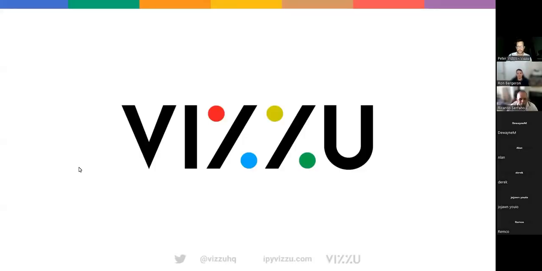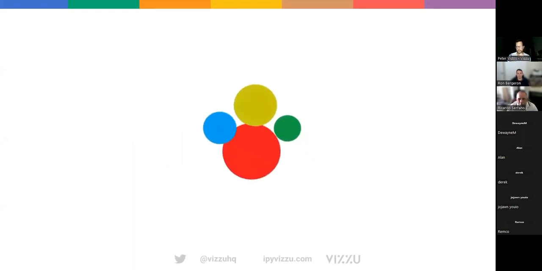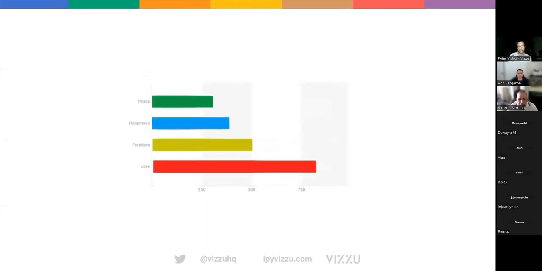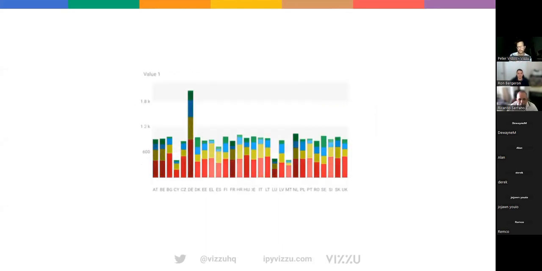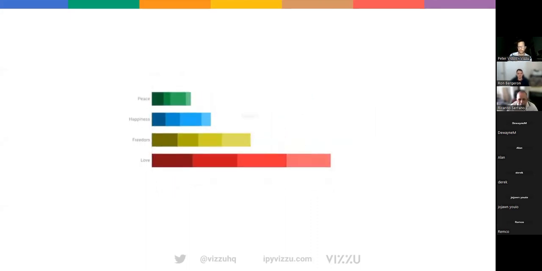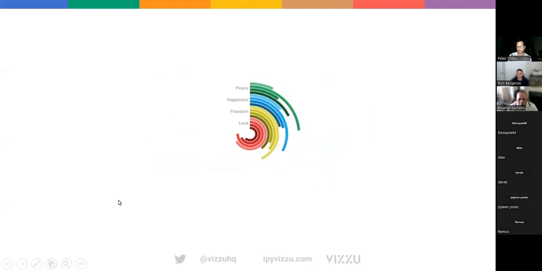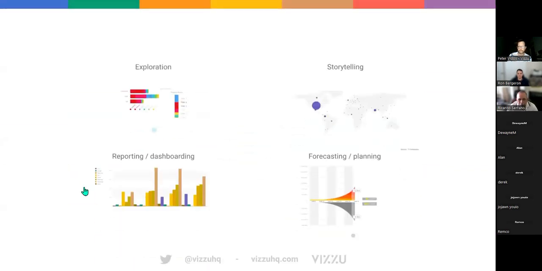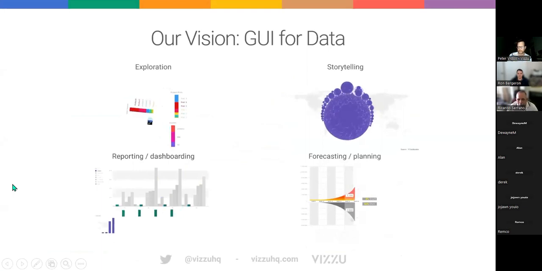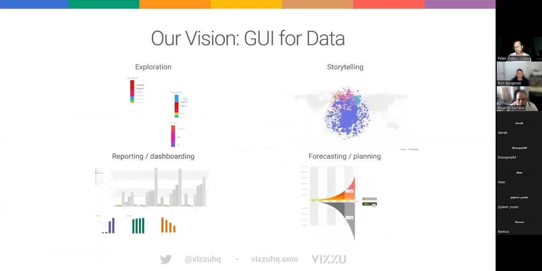And so because of this, as I said, it can interpolate between every chart that is expressed on its interface. So we have this generic engine, and that's the core of everything we do. I mean, the next obvious question is, why the hell would you want to build such a thing? Because we have a vision that with this technology, we can build a graphical user interface for data.